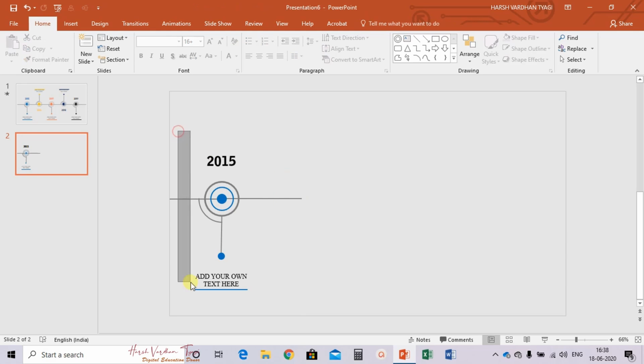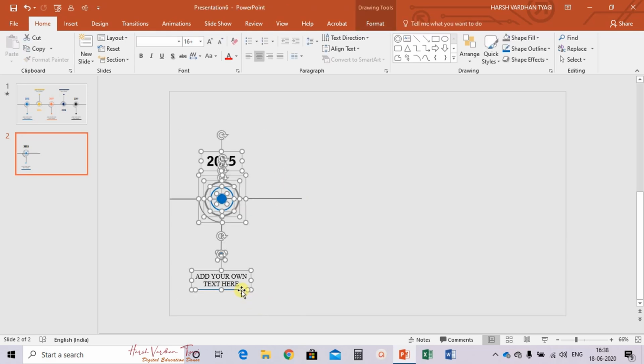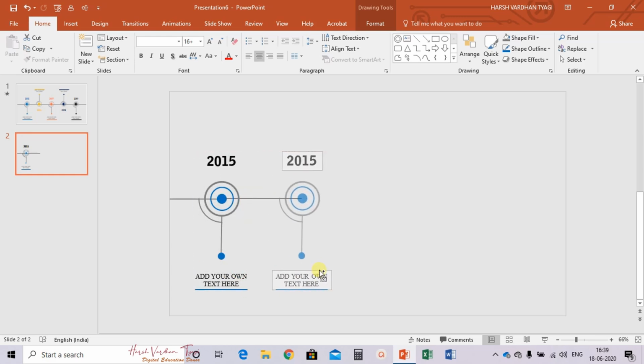Now select this part, press the Control key to make the copy of this and choose the option. Fine. Now select this particular piece of text box and drag it to this side.